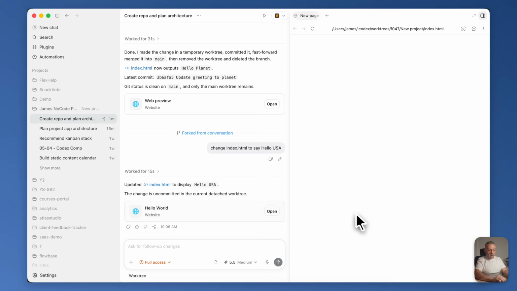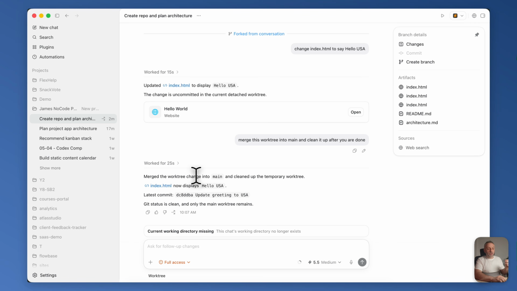Okay, so here's the file. We can open it. Hello, USA here. At this point, we have merged the work tree change into main and cleaned up the temporary work tree. Index now displays hello, USA, and we no longer have this temporary work tree. We've done everything that we needed to do, separate from the main branch, and then we merge. As far as we are concerned, this convo is now finished,